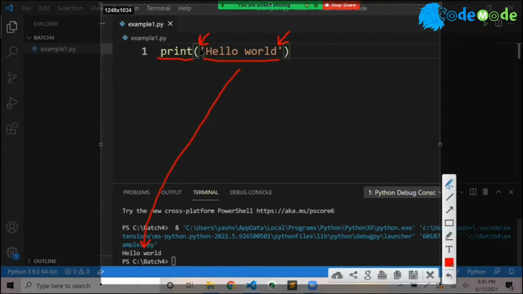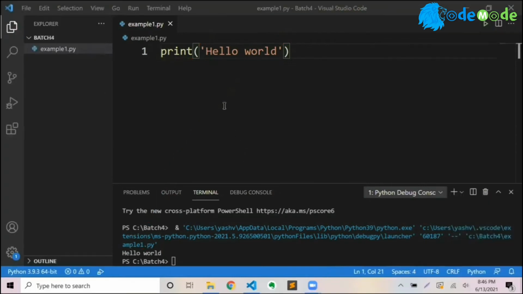Why? Because single quote is used to tell Python that this is my message. It does not print the single quote itself. Anything between the single quote is printed. So it says hello world and it printed as it is. So print command is used to print the output. Remember the parallelogram at the end, you say I want to print a message, I want to print my result. You write a print.